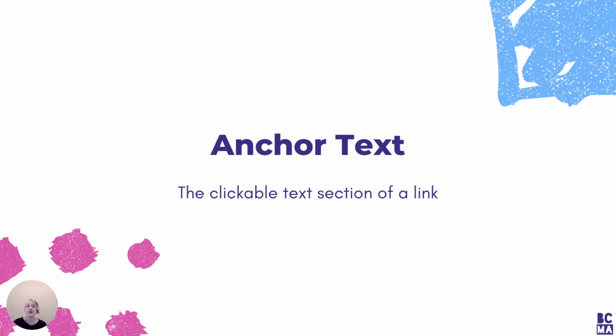So let's talk about anchor text. This is a specific terminology when it comes to links that's helpful and important to know about. So anchor text is basically the actual text, the words that you're linking, right? If it's in a blog post, if it's in that Wikipedia example, each one of those sets of words that is typically highlighted blue, links are often highlighted blue, that's the anchor text.